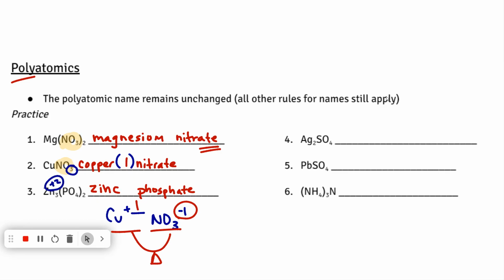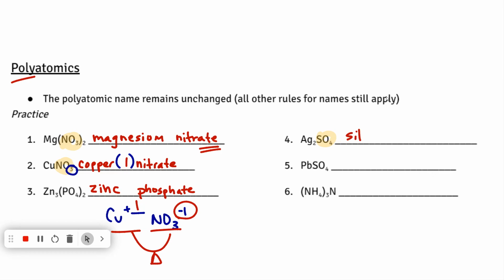It never changes. It's one of those 3: aluminum, zinc, and silver are the only ones we do not need Roman numerals on, even though they're in that special area where they are transition metals. So moving right along, naming what we see and finding our special groups. SO4 is going to be our special group here. So we name the first part normally,